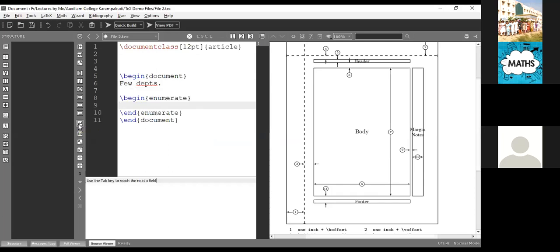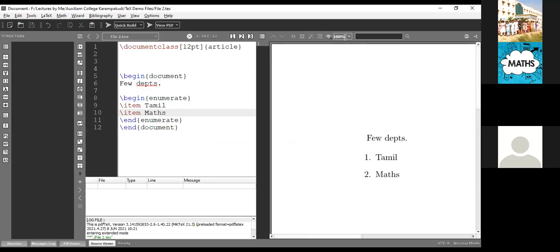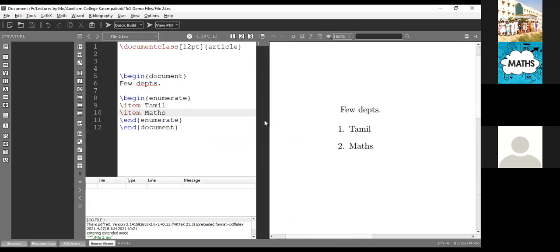First of all, I'm showing it without the optional bracket. First we type item Tamil, then a second item, and type. Only two is enough. I save this and run this file to see the output. It gives the output: few departments.